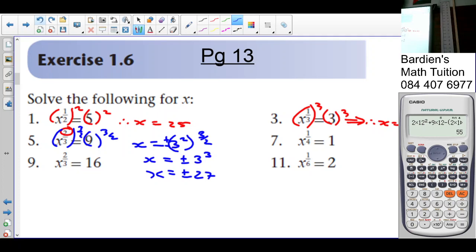Number 7, the denominator is even. This number has to be? Is it positive? So I'm going to raise it to the exponent for both sides. Therefore, x is equal to